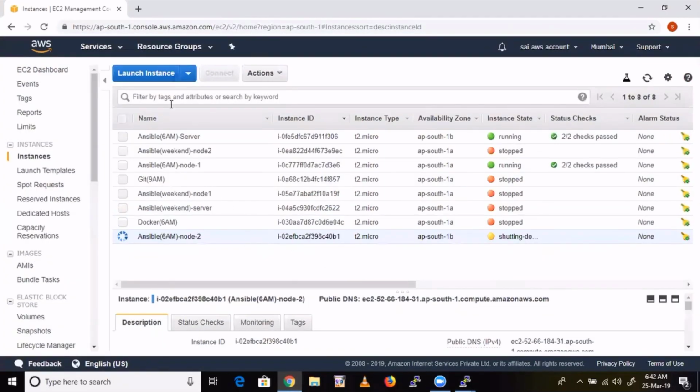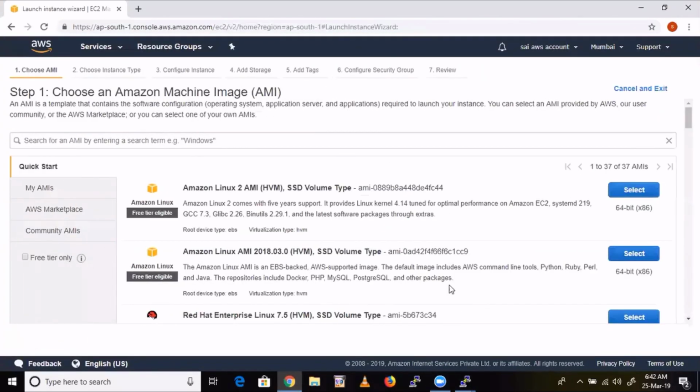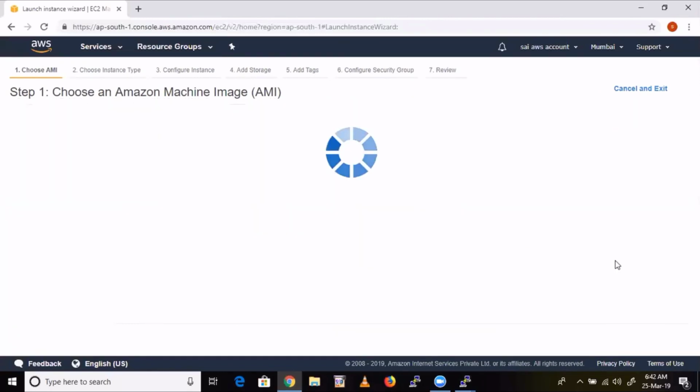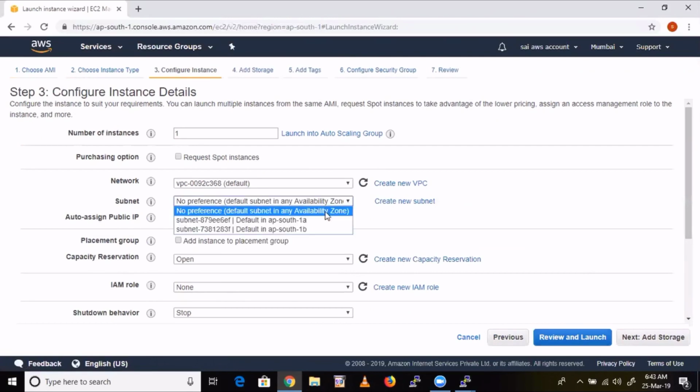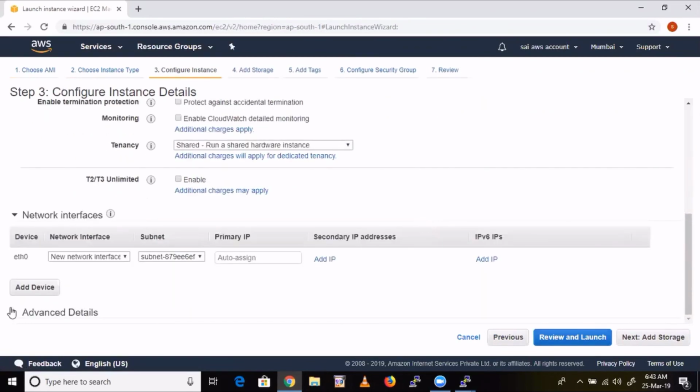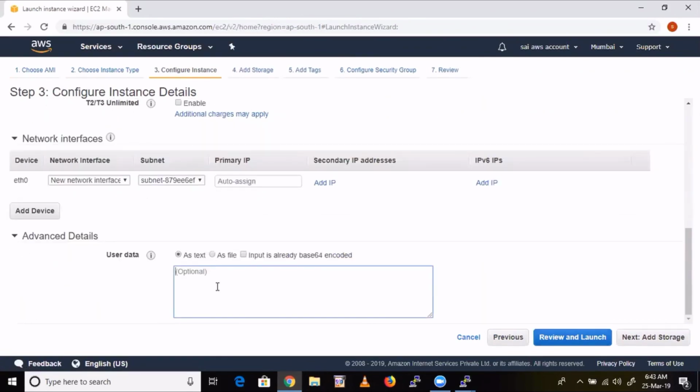So now launch one more machine. Take Red Hat Enterprise Linux. Next, T2 micro. Same availability zone. And here, #!/bin/bash, update. Nice.